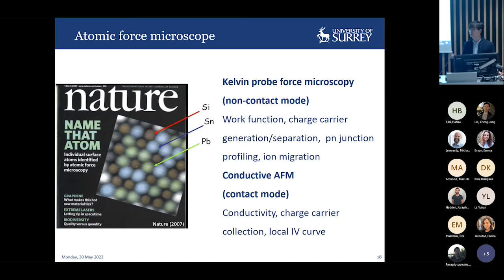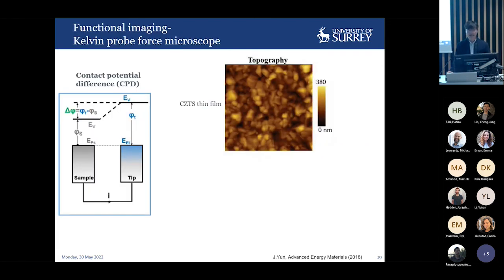So in Kelvin probe force microscopy, you don't contact your sample directly with the tip. They have around a 5 to 10 nanometer distance in between the sample and the tip. Whereas in conductive AFM, you have to make contact with the sample, and you can map the conductivity. And if you use an external laser or light source, you can also have charge carrier collection mapping, so photocurrent mapping, and you can also have a local IV curve using this AFM mode. So these two are the main techniques that I employ. And one example I'm going to show you here is